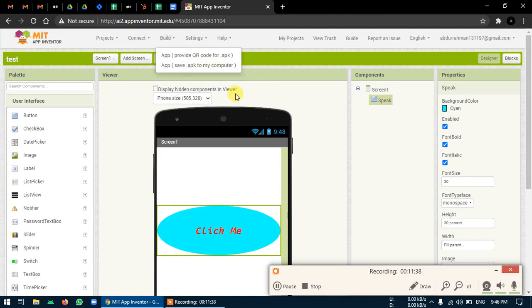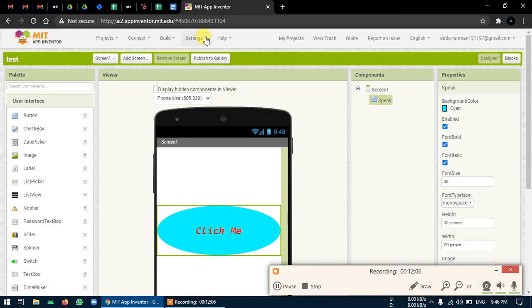Next is the build option. The build option is specifically for when everything is done and the development portion is complete. Now you want to publish that app to the Play Store, or get the final APK. APK is nothing but an Android package. So you have two options. Either you can download it on your phone or maybe your computer, just to upload that file to your server or wherever you want.